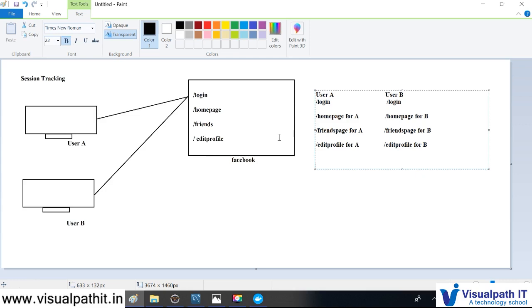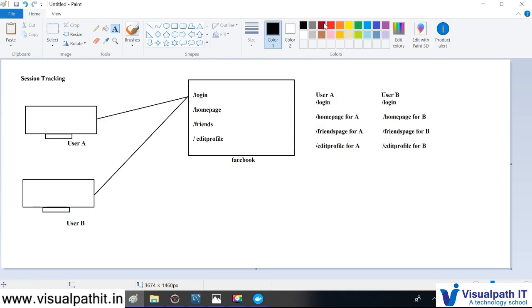But whenever the user enters the username and password, he enters it only once in the session. Once he enters the username and password, he will be accessing all other pages. Instead of entering the username and password every time, he enters it only one time, and accesses all other pages without entering it for every page. But the details it gives for that particular user every time are specific to the login. So how is this person able to access the other pages? That's called